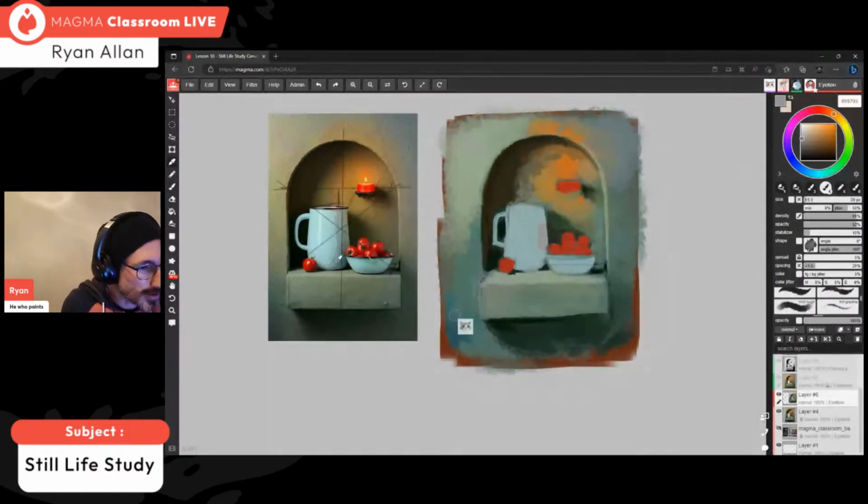Okay, but what am I looking for here? In theory, it should obviously drop in value, maybe shift